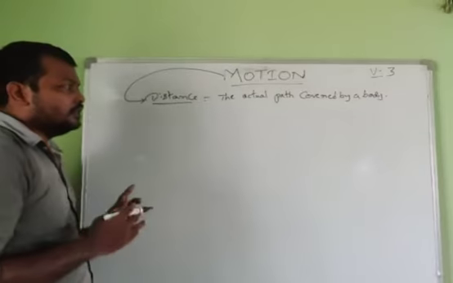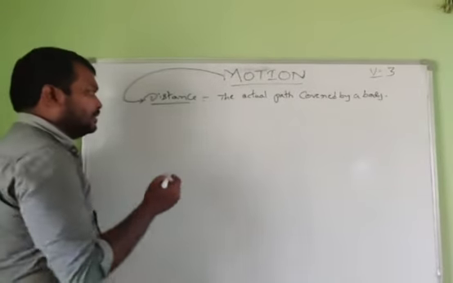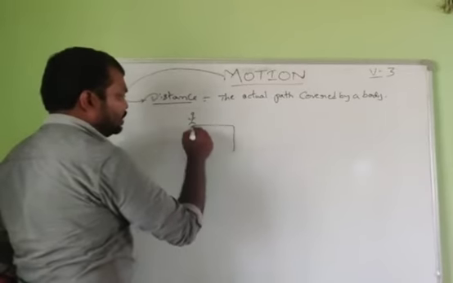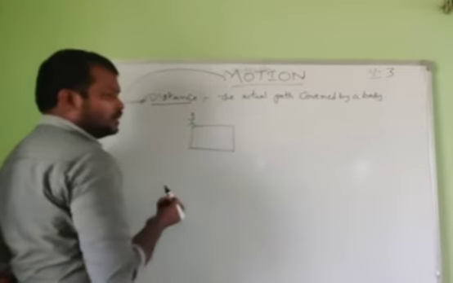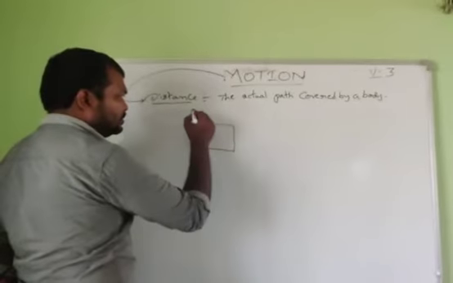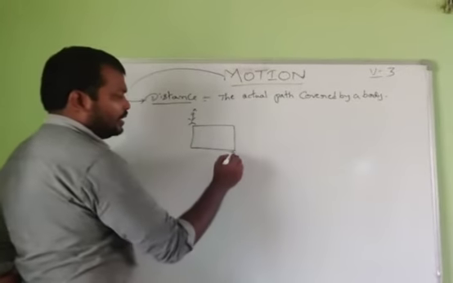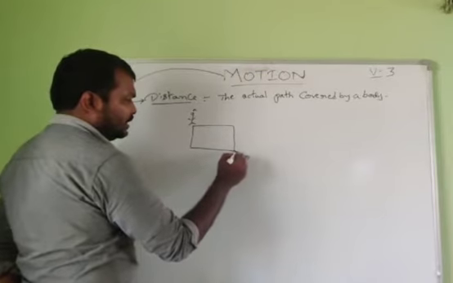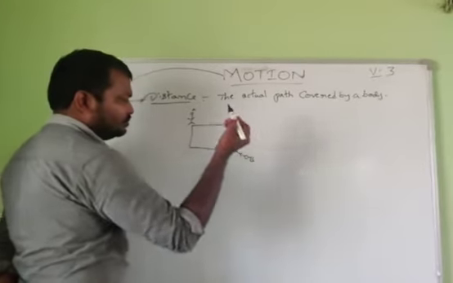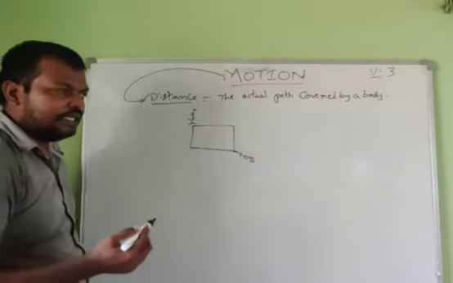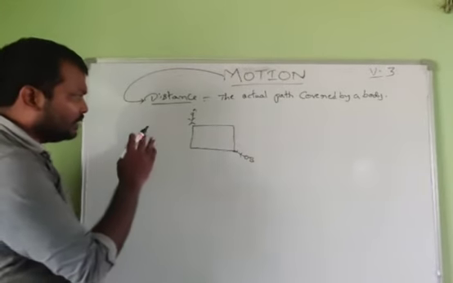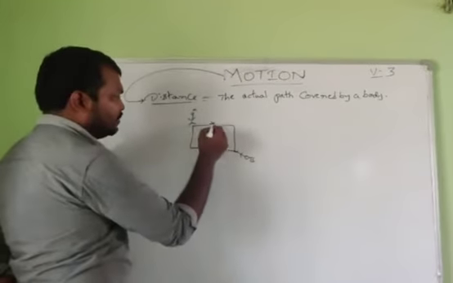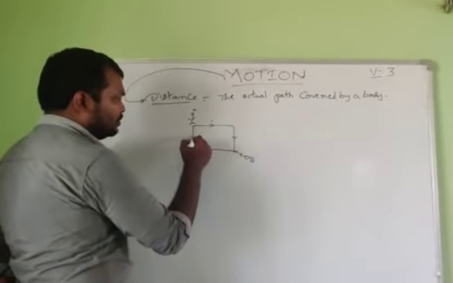So actually, let's see one example. There is a person who is standing at one corner of a room. His name is Mr. A, and he wants to meet another person who is standing at another corner of the room. He is Mr. B. A wants to meet Mr. B. He can choose three paths: path 1, path 2,